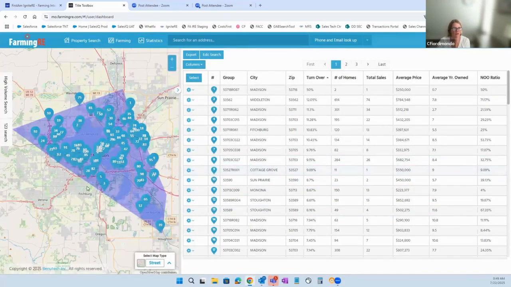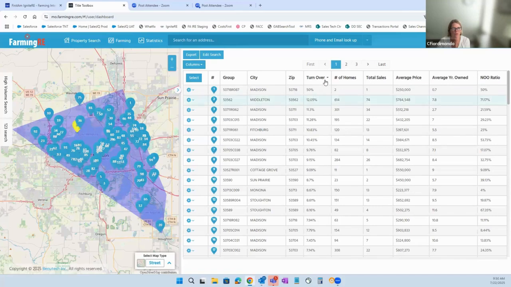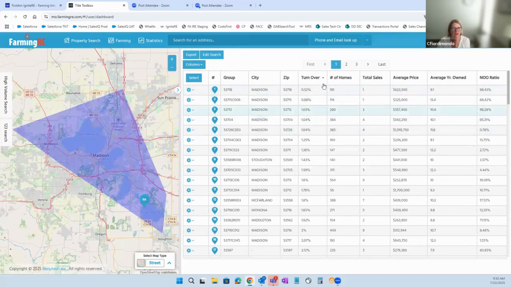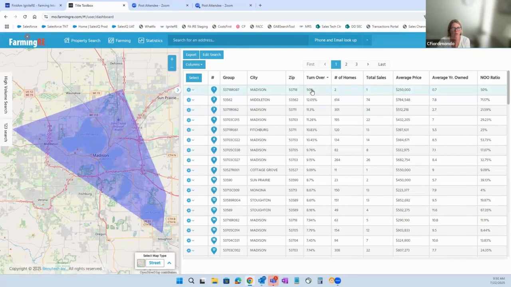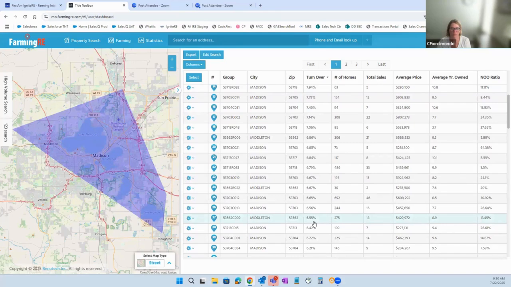So it brings in all the tracts within that area that you've designated, and then you can see turnover ratio, number of homes, total sales, average sales price, average years owned, and the non-owner occupancy ratio. I always say use these column headers to sort, where you can sort ascending to descending. So here, I'm bringing the highest turnover ratio to the top. National average for turnover ratio is usually under 5%. So any that you see above 5% are usually pretty good areas to focus in and